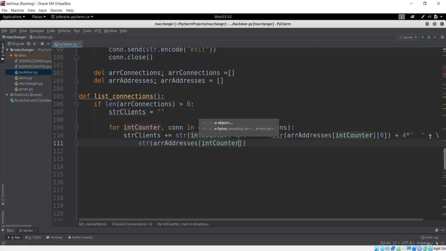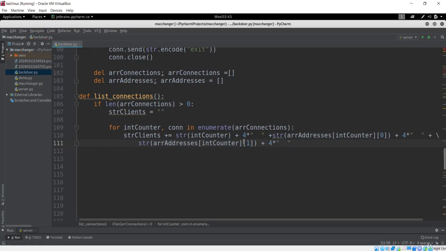the counter, which represents that it is the particular PC, because we can have multiple connections and this counter is for the specific connection or the specific PC. After we get that specific PC, I want that port name, and port name is inside this field in the array addresses. So next thing I want to do is again add these 4 spaces.